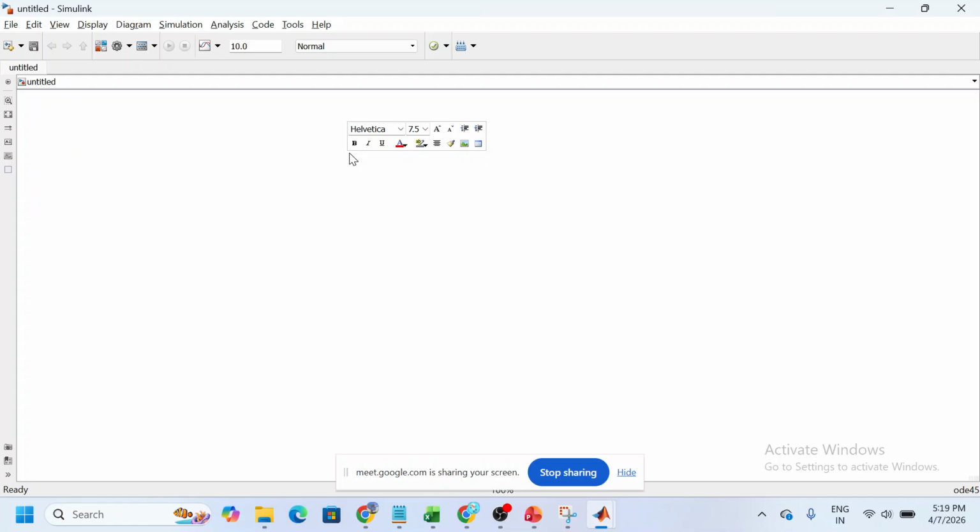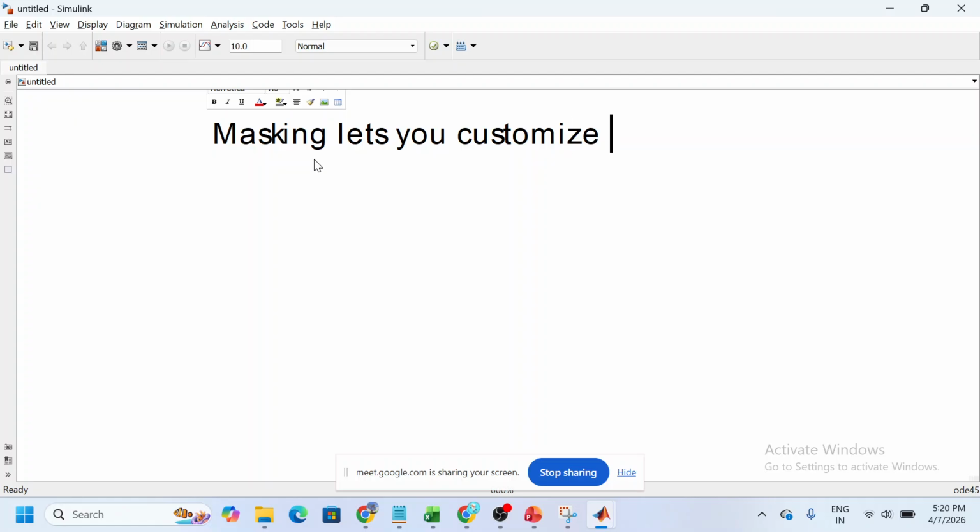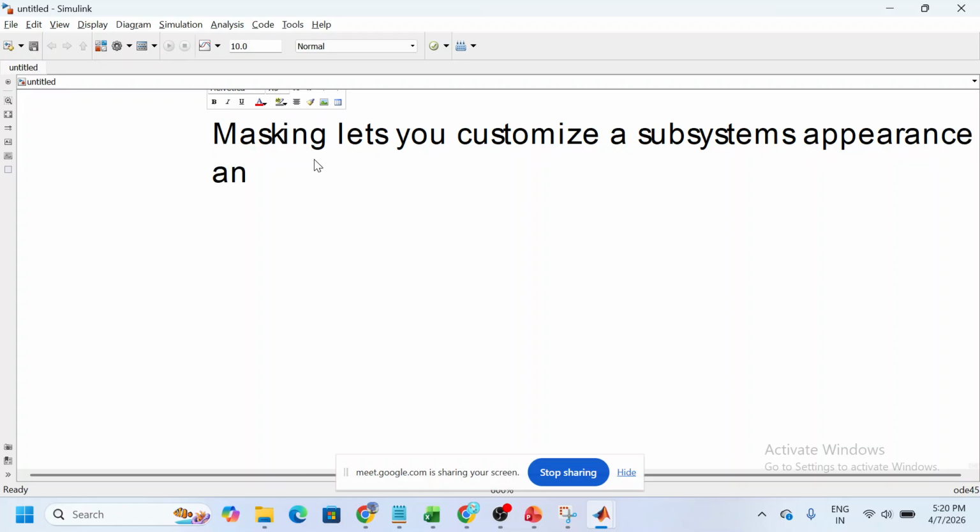So here the masking refers to, yes, masking lets you customize a subsystem's appearance and parameters, okay, like